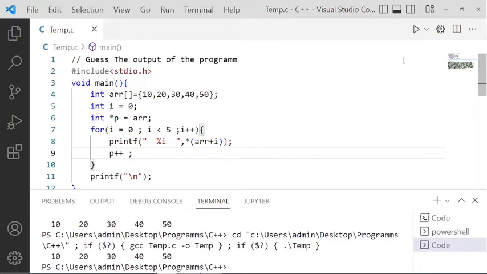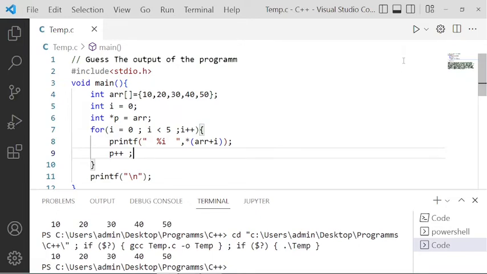Getting my point? So the moral of the story is that we cannot change the base address of the array at any cost. The compiler will not allow changing the base address of the array. Why? Base address means the starting address, because the base address is the only way to access the array elements. If we lose the base address, then what happens? Something known as memory leak will happen.